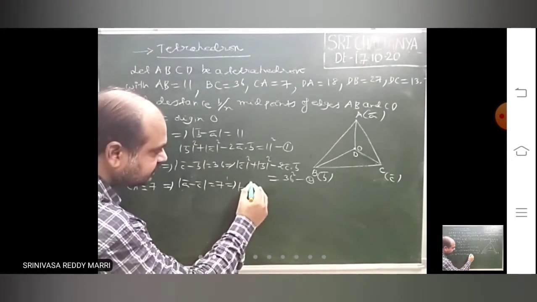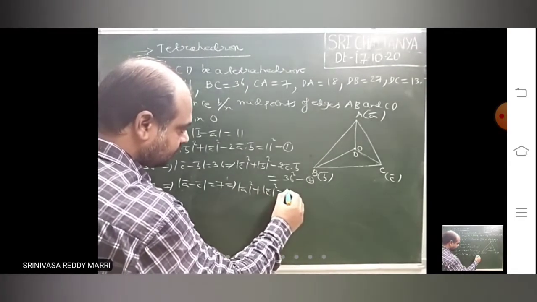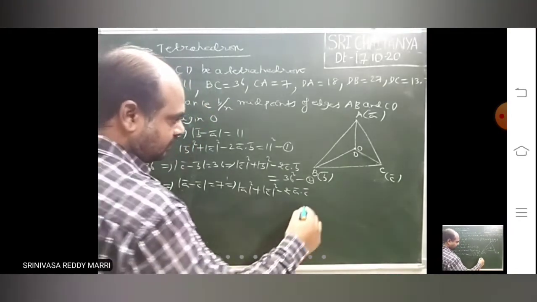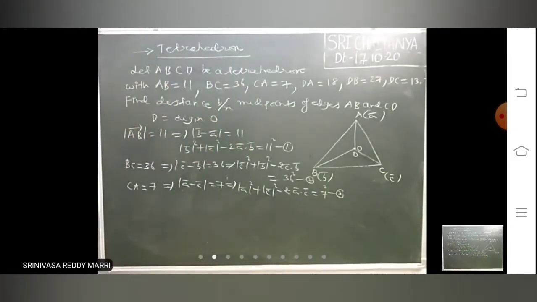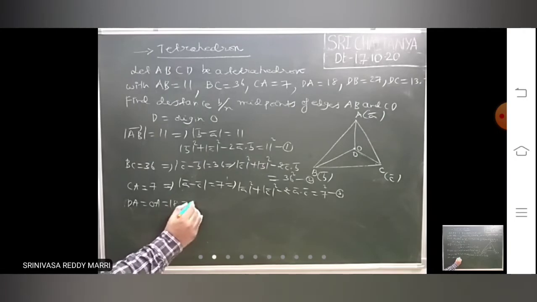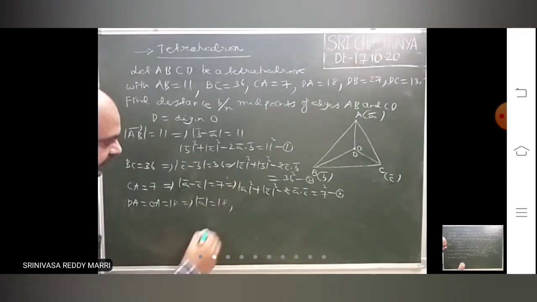So that means modulus A bar square plus ... is nothing but 7 square. So let us say this is 3. These 3 equations are there with us. Now modulus dA bar, modulus dA is what? dA is nothing but, I have taken OA. OA is nothing but 18. OA bar is nothing but modulus A bar equal to 18.